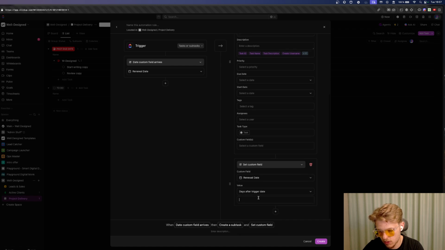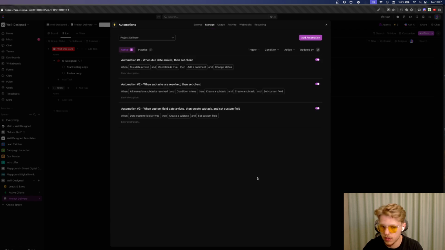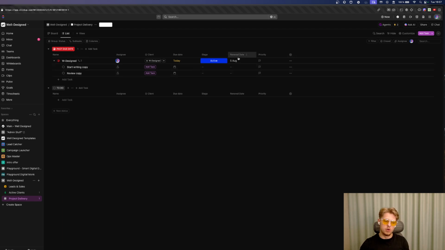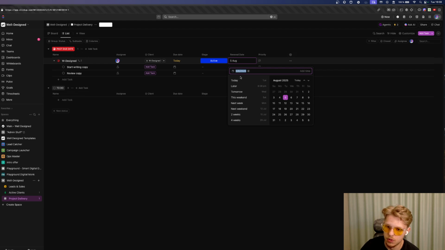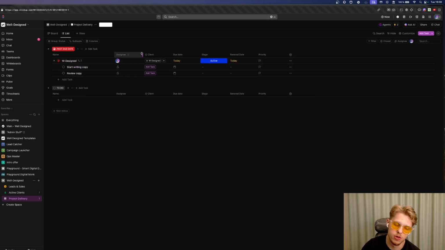This will trigger date, and just write 30 days, right? So once the renewal date comes, it's going to add another 30 days, and it keeps renewing new tasks, right? So let's say the due date comes, which is today. It's going to create a new task out of here and keep renewing, and of course automatically add